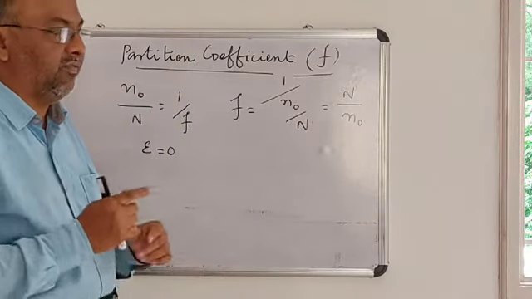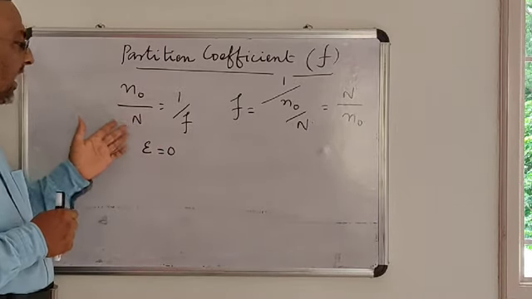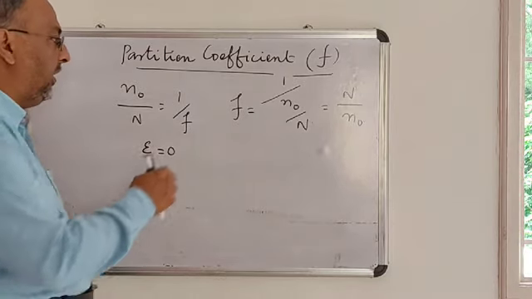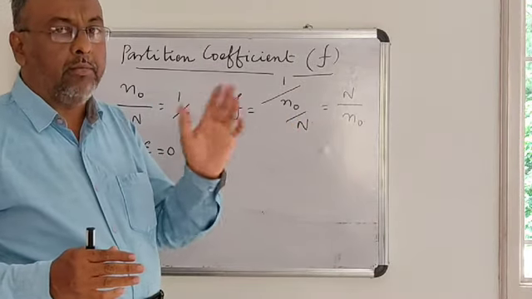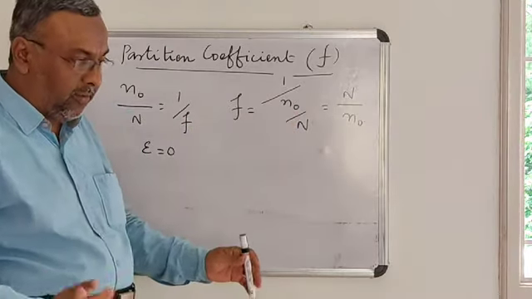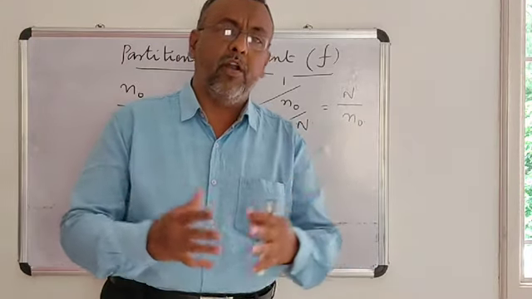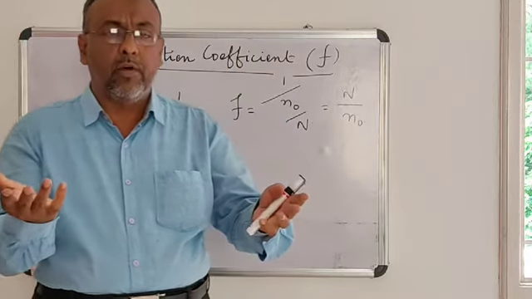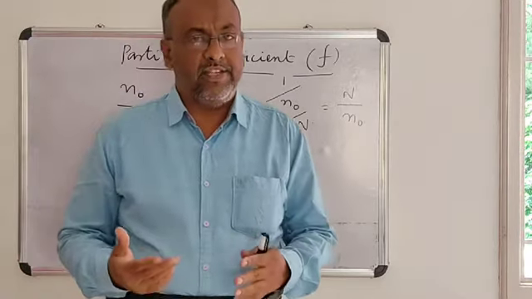So the Cartesian function definition is that it is the reciprocal of the mole fraction of the number of molecules occupying the ground state, or it is the ratio between the total number of molecules to the number of molecules occupying the ground state. This is the Cartesian function. There are many Cartesian functions due to different energies of the molecules, due to different mechanical energy. For example,